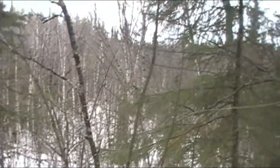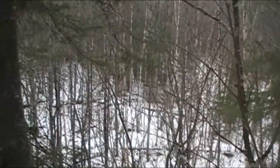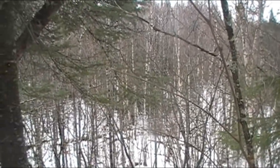See, I'm just coming down off of a real high hill here. You can see like the whole trap line from the top there. Thinking about making a little lookout in the trees, but there's this valley here. I'm thinking I'm going to put some marten boxes on the other side of this valley. And